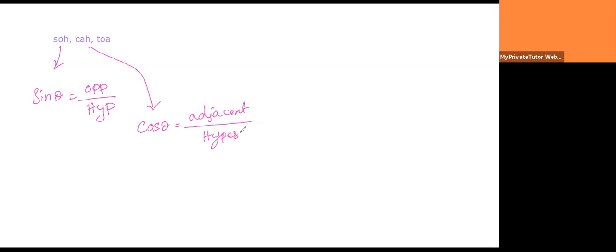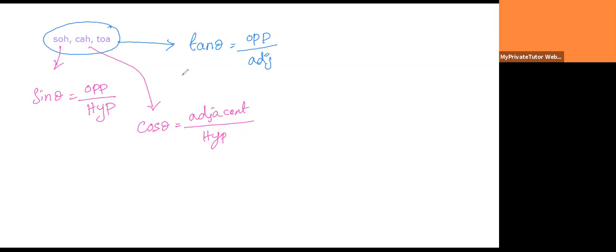The first one you write in the numerator, the second in the denominator. Similarly, tan: T stands for tan, O for opposite, A for adjacent. Try to remember this logic so that you can solve trigonometric ratio questions